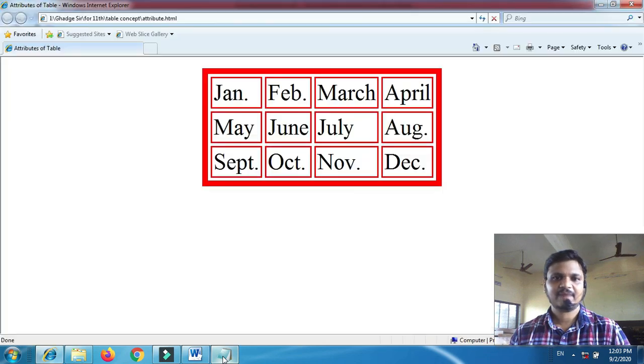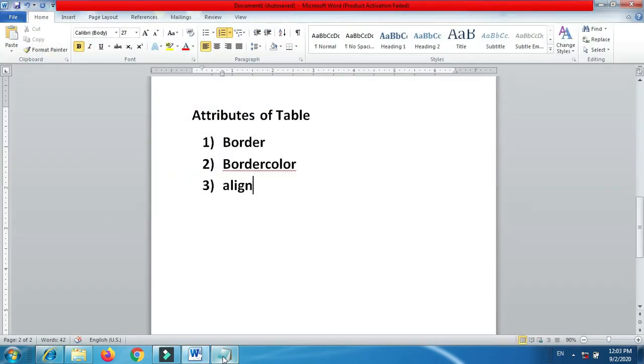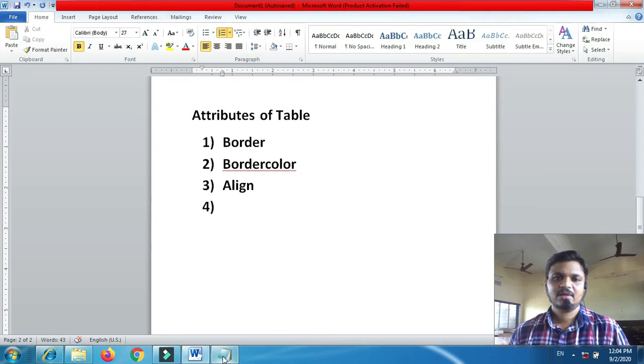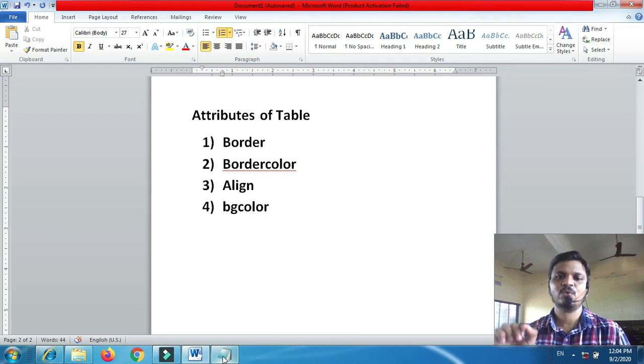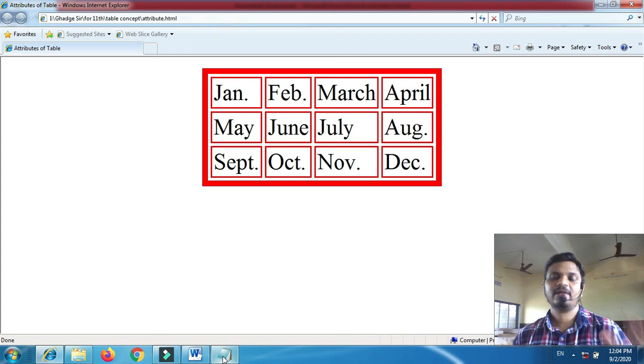After that, the next attribute is BG color. BG COLOR. BG means background. If I want to change the background color, first of all you have to know about the default background color. See, the default background color is white.